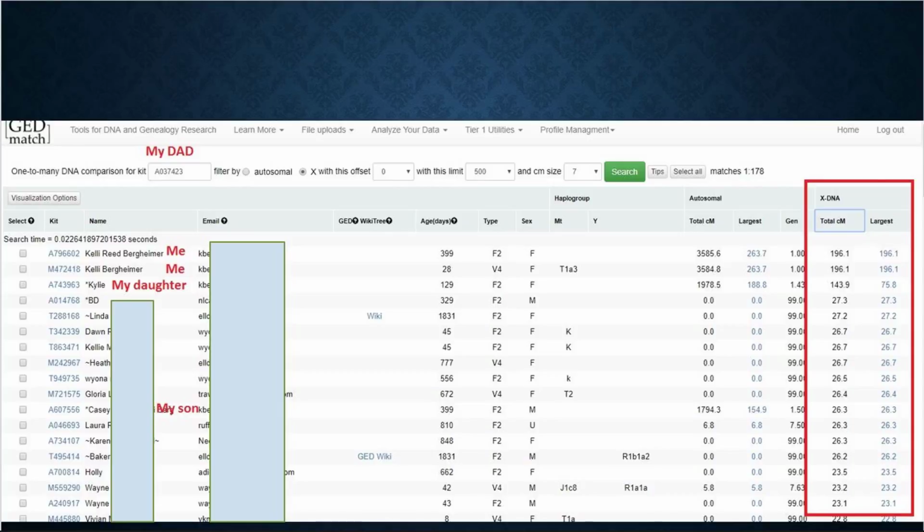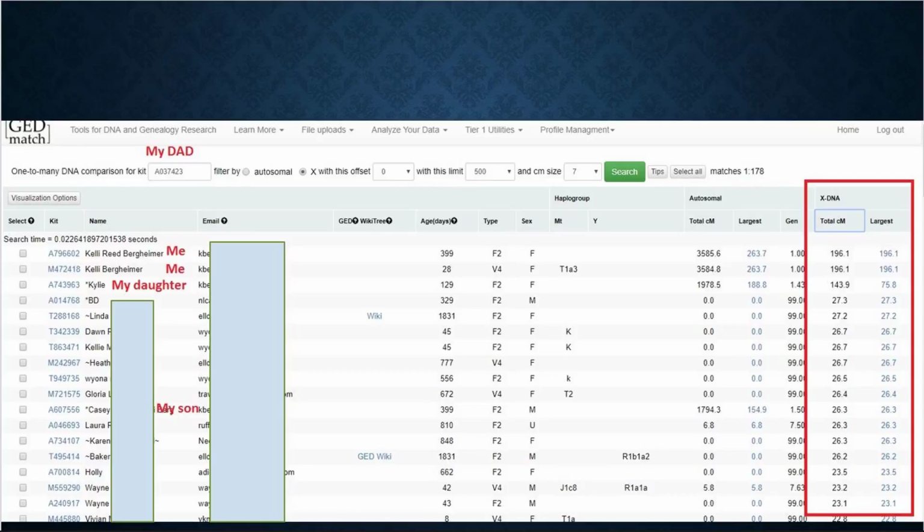So does that make sense how you can use that information and say, well, what are the odds that my son and my daughter match on the same piece? They might, but they might not. Remember, every single time there's an egg produced, there's a different mix that happens. So it doesn't mean that one got some of it and the other got the rest of it. It doesn't work like that with siblings. And I would assume that my son's twin would show the same exact match to my father,